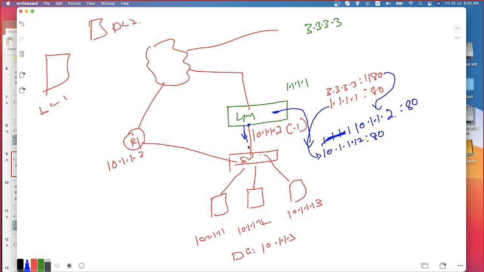Now, this packet is received on the service which is running on 10.1.1.12. What is the source IP? 10.1.1.2. Do I need a default gateway to reach 10.1.1.2? If this translation is happening, do I need a default gateway to reach back 10.1.1.2 from the service perspective? Do I need it?